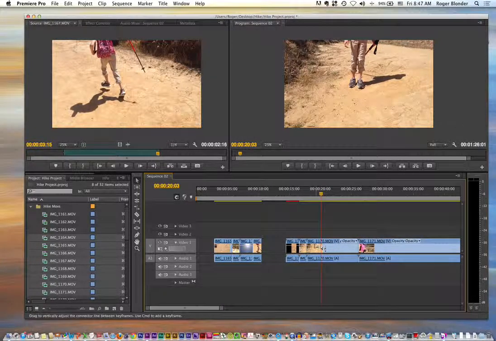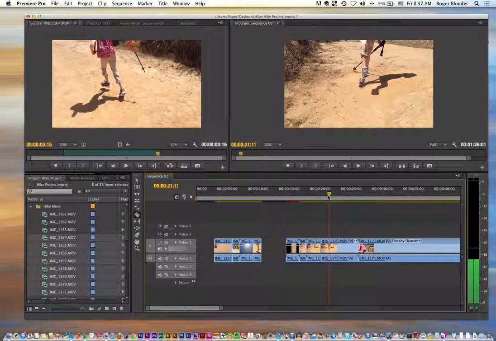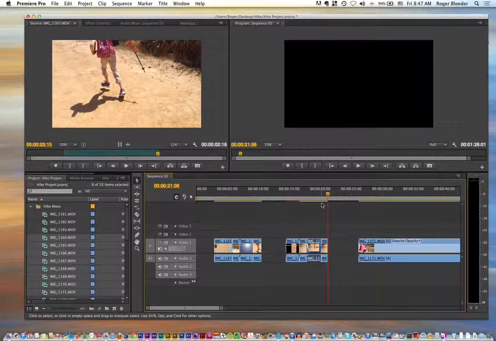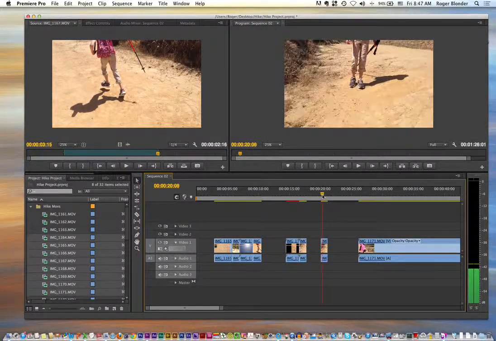I click C for the blade tool, C for cut, and I could see the kick. And then click C again. Click V for the arrow tool and get rid of this and get rid of this. So I've got this. Maybe I want this to